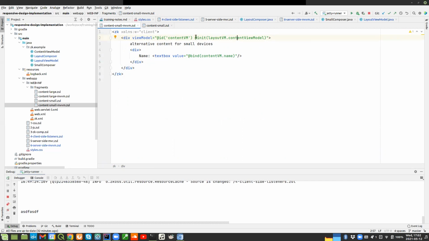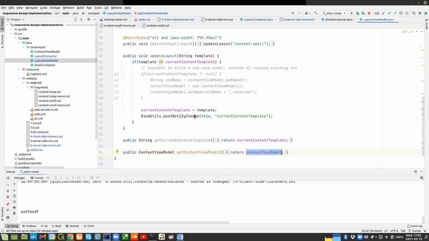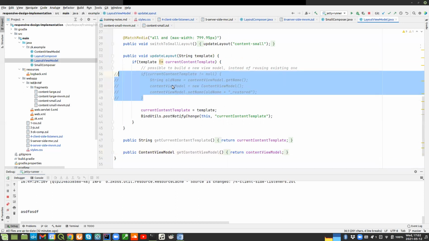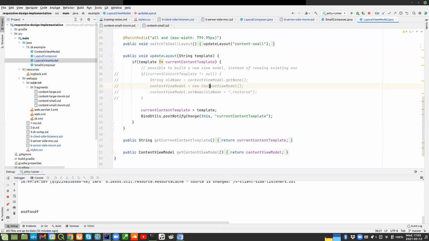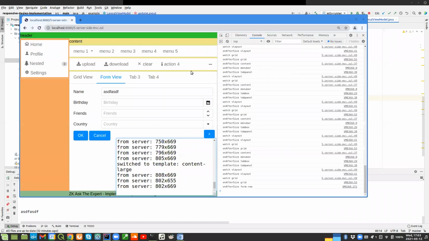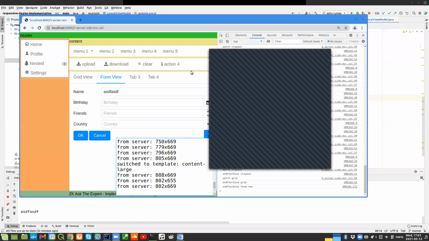Still, if you wanted to, you can replace it with a new object. I also have some commented out code here. So if you wanted to, you could create a new content view model and set whatever you want here to restore different data. Now, maybe on a mobile system, you want to change the options or the choices or whatever. Yeah, so I think this wraps up the